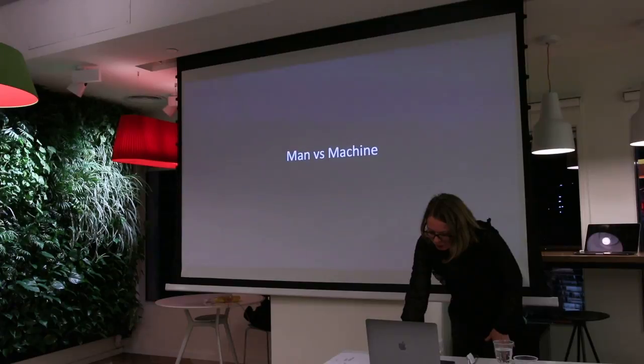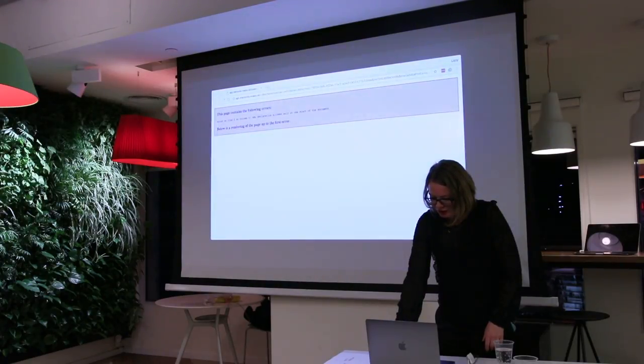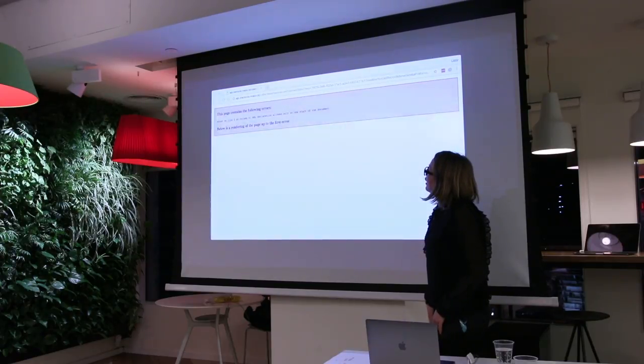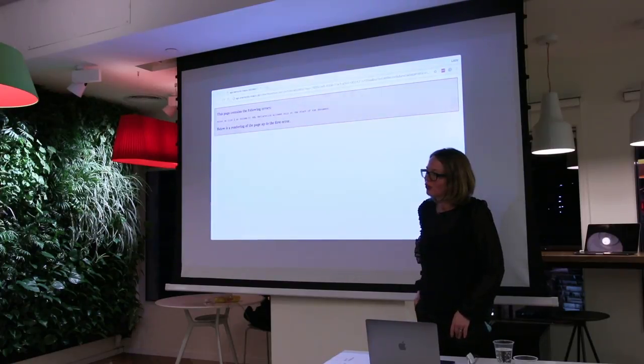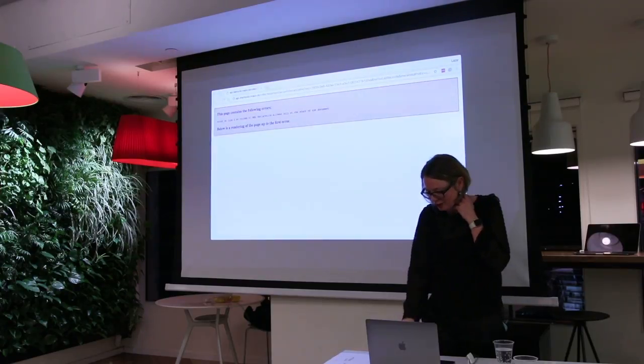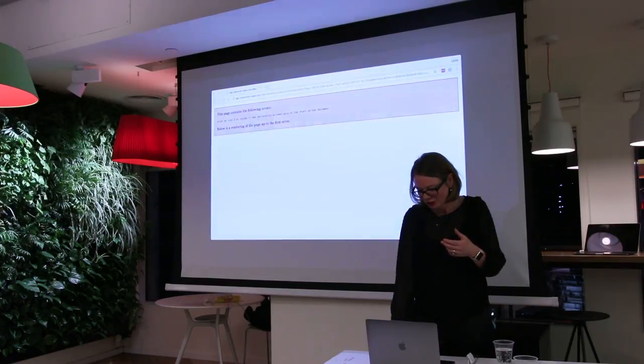No. So machines can do a lot with reconstructing the lives of people, as long as you have data. And this is where either machine or man can fail on you. This is an API that isn't working, and then you're trying to contact an organization and no one's there, or no one knows about an API, and so on. So this is one of the biggest issues we have, is that there are techniques, but there's very little knowledge about these techniques in museums and archives and so on.